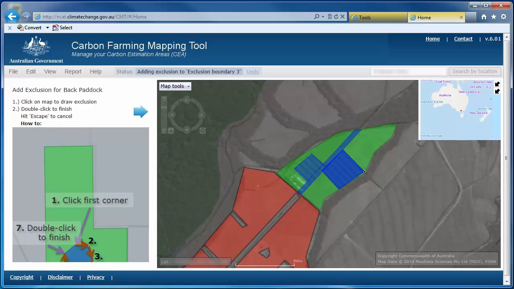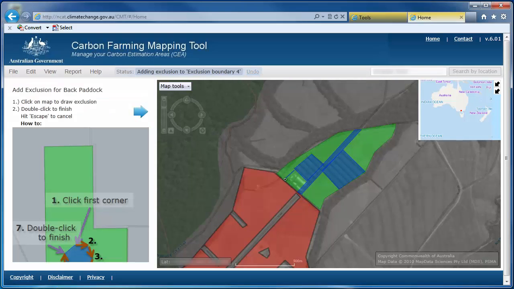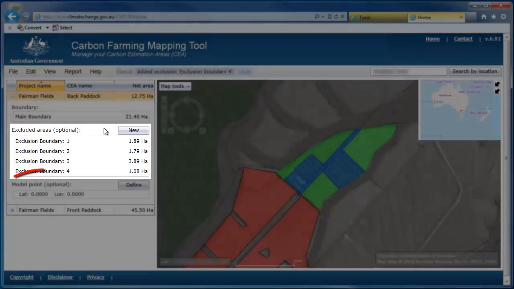Second group, and finally the shed. Now I've excluded all the areas that won't be used in the carbon accounting exercise, and you can see the area totals on the left have adjusted accordingly.